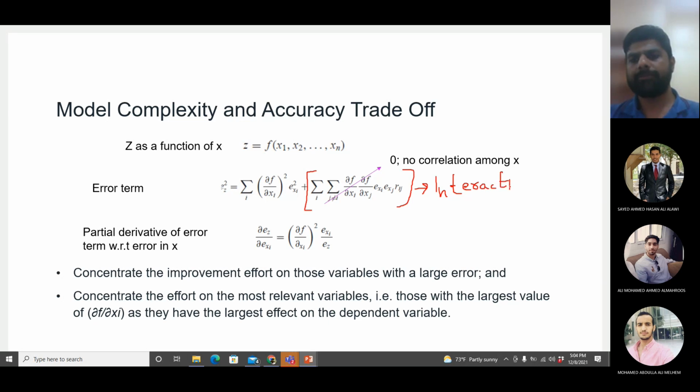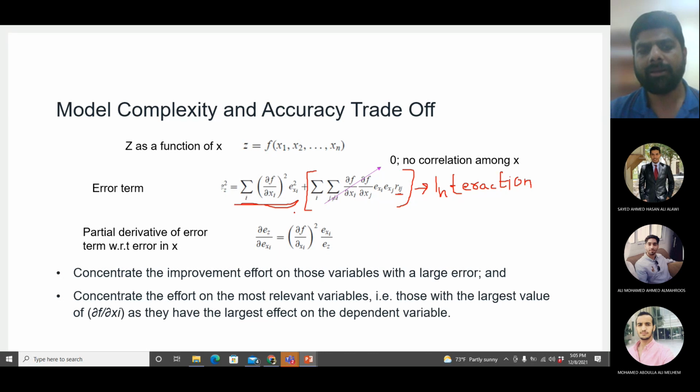or the interaction term. Now, if you remember in the last chapter, I told you that the variables which you are putting in the model should not be correlated to each other. So x1 should not be correlated to x2 or x3 or x4 up to xn, and same thing for the other x values as well. No x should be correlated to the other values. So in that case, rij will be 0. The correlation between xi and xj will be 0. So if this is 0, this whole term becomes 0 because it is multiplied. Okay, so the error term will be simplified as only this thing.